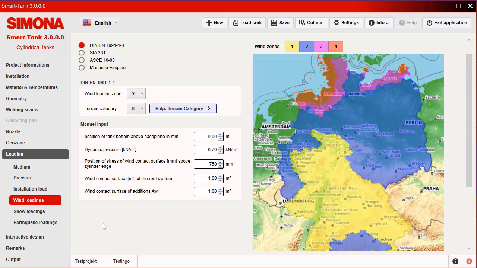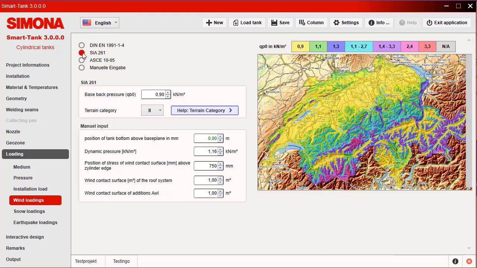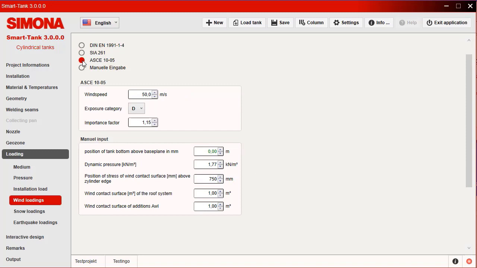For this reason, in addition to the existing load determination according to Eurocode, we have added the Swiss standard SIA 261 and the US Code 1005 in Smart Tank. A manual specification of the design loads should therefore only be necessary in rare cases.